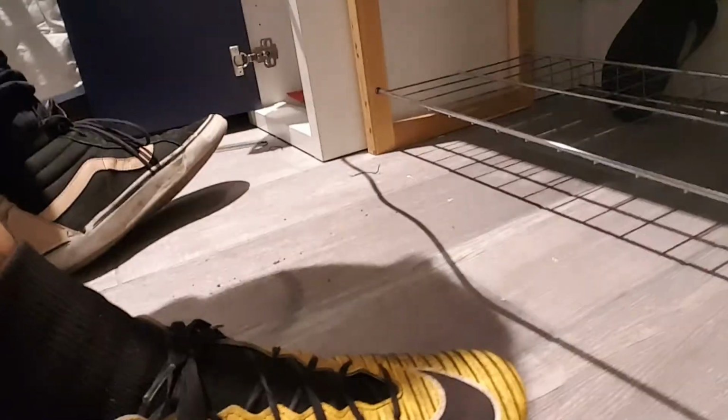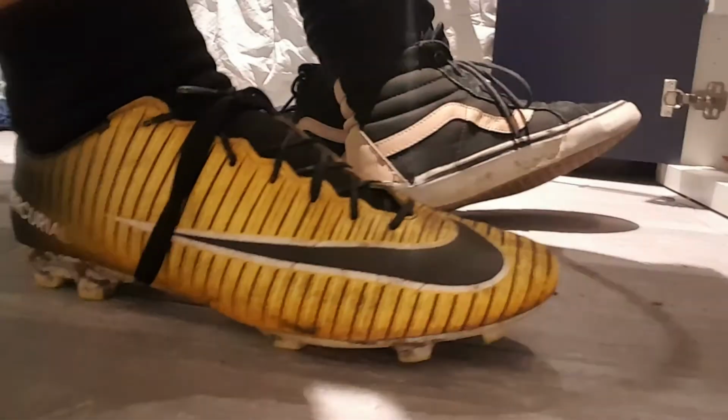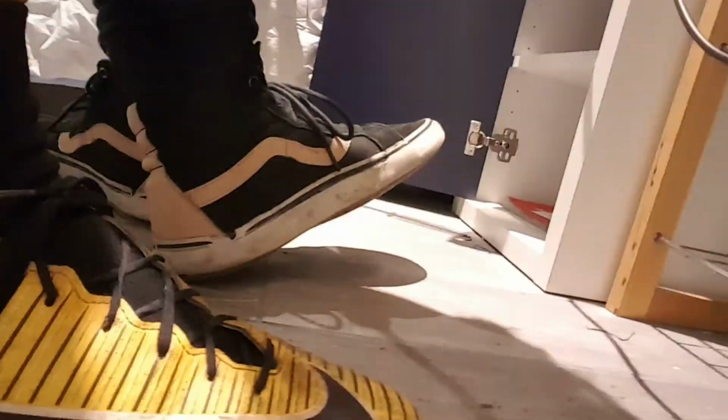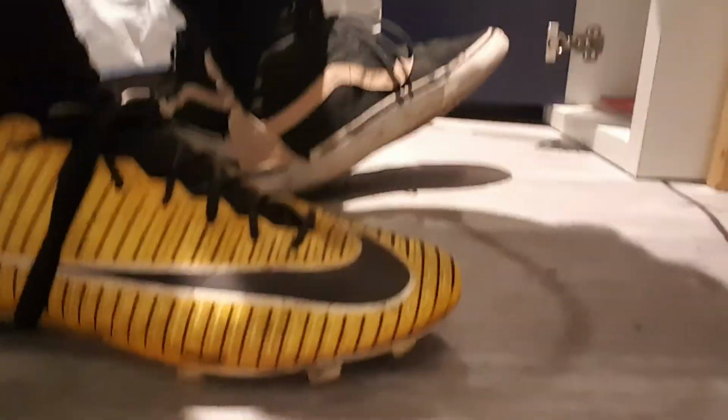And I'm going to tie these up for you guys really quickly. And here we go. So, I'm going to put this on. That's what they look like on feet. Nothing really special. The dynamic fit's pretty solid. They feel good. You can move. You've got a little bit of room. Again, nothing special. So, thank you